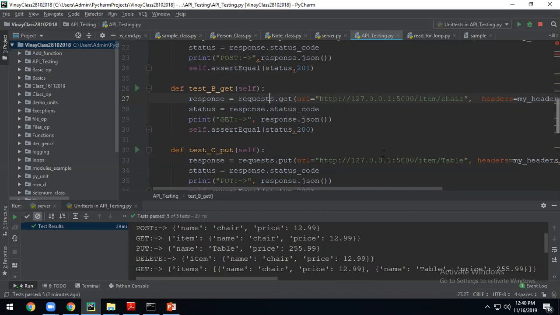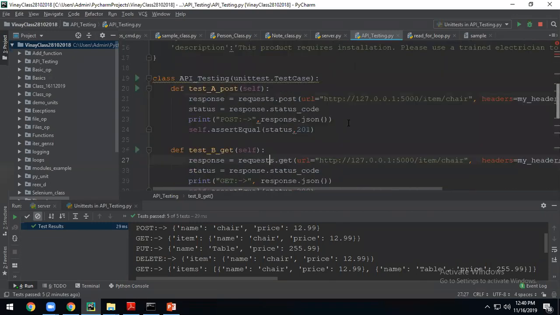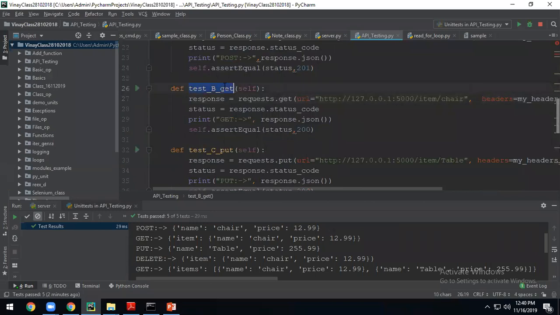Now let's say tomorrow you do an update of a product. So what they have to do is only a GET method call on that, to check whether that price got updated or not. The end customer, you are a customer, you will not call the GET method actually. You will use the website only. You got my point? They will use this for internal testing actually, whether that is getting returned or not.